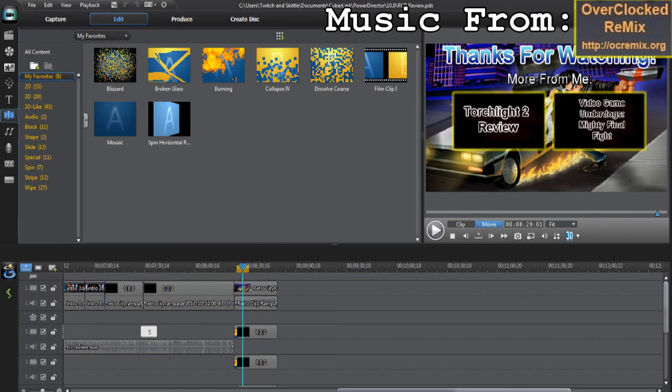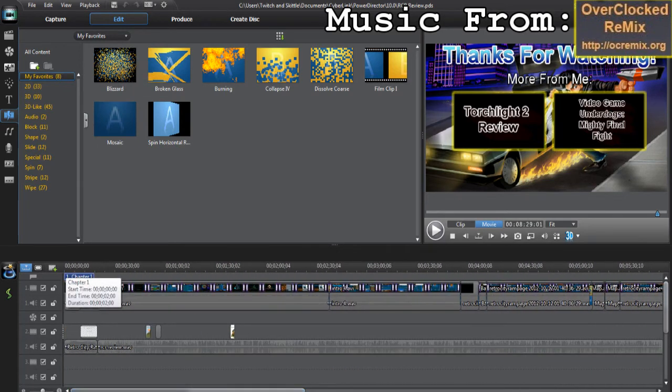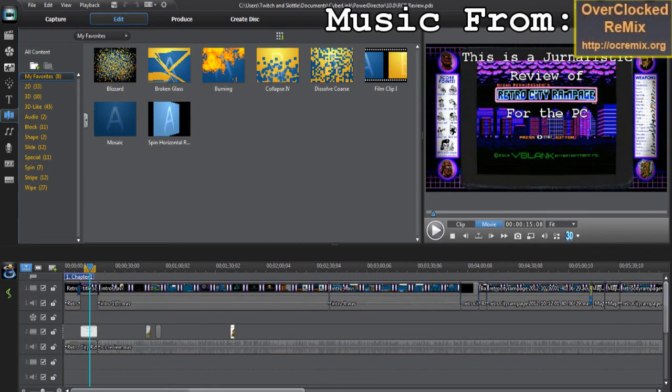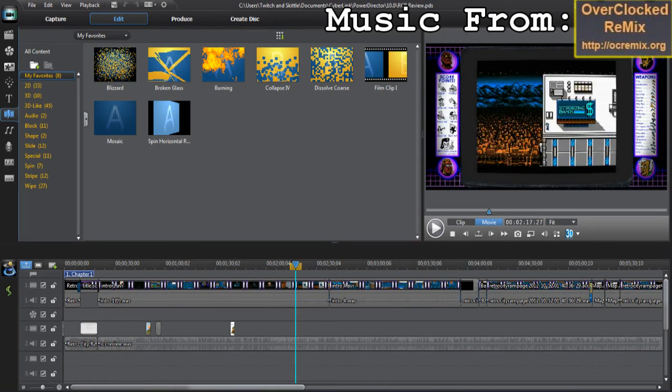So Power Director is kind of what I use. Again, nothing wrong with Windows Live Movie Maker. With enough practice, you can make Windows Live Movie Maker work for you pretty good. So that's about it. Afterwards, I just sort of go off of my script, and that kind of helps dictate where my video is going. This is, again, a lot more complicated video because it's a review, and I try and keep stuff relevant to what I'm talking about on the screen.